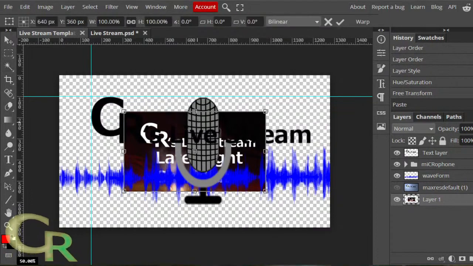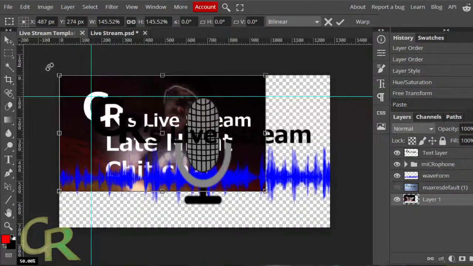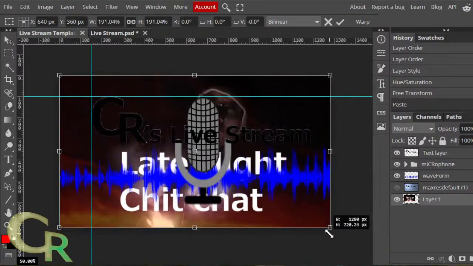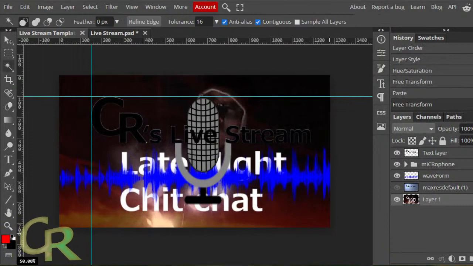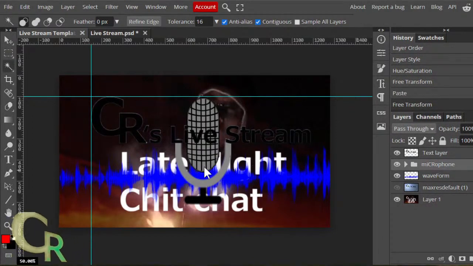Control T. I just want to see how it looks with some other images I might already have. Stuff like that. Don't worry about the late night thing right there. I'm just seeing how this looks on the microphone, because if it doesn't work in grayscale, it's probably not gonna work in color. That's generally how I remember it. Color just emphasizes it more, but if it doesn't work in grayscale, then it's probably not gonna work.